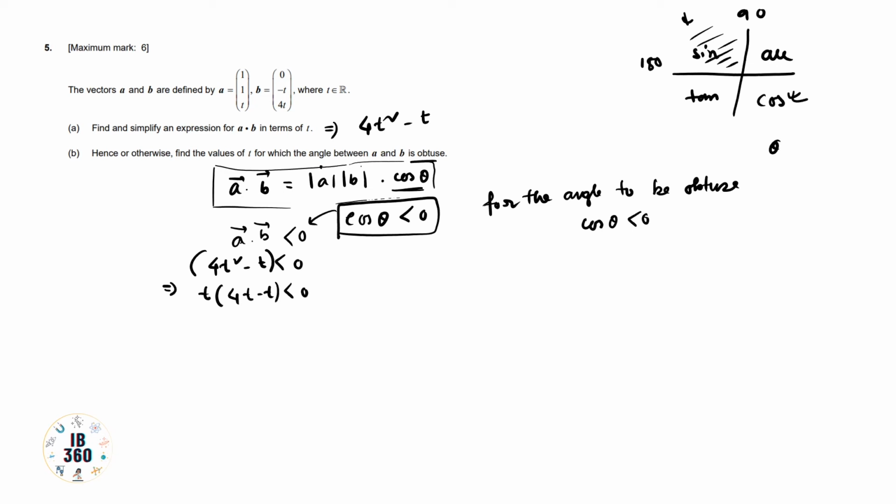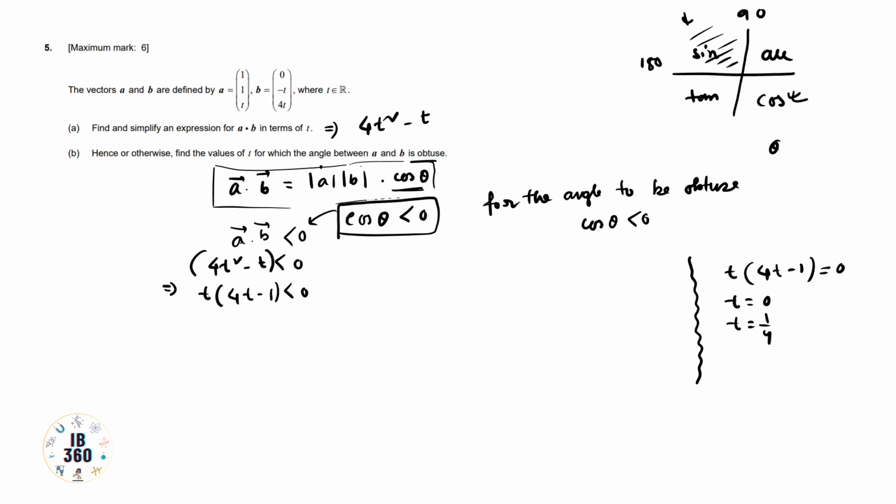So basically, we need to first solve this as a quadratic equation, and after that we will apply the inequality. Writing it out, t into 4t minus 1 is equal to 0. So we can write t equals 0 and t equals 1 by 4. These two values we can get: one value is t equals 0 and another value is t equals 1 by 4.